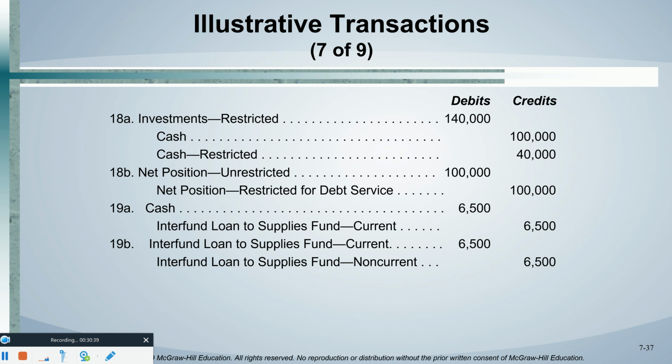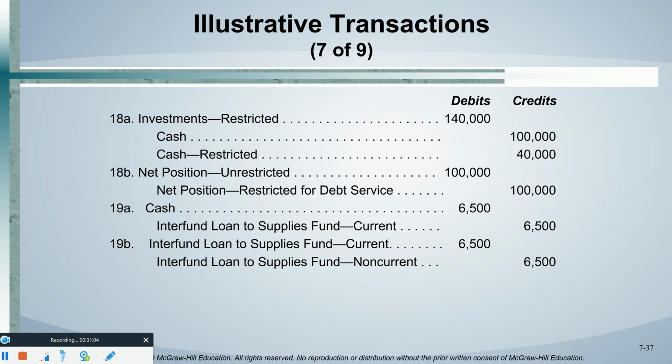All right, journal entry 18, we made some more investments. So we're debiting investments, crediting cash, and out of those investments, we can see that we have to adjust our net position categories again. Journal entry 19, the supplies fund that we lent money to, they are making their $6,500